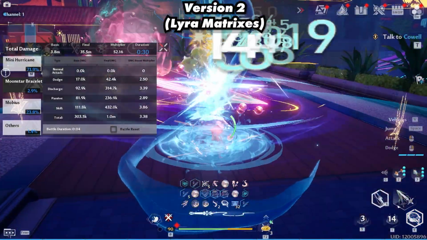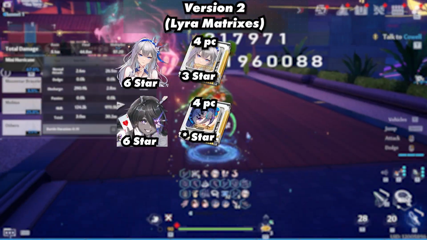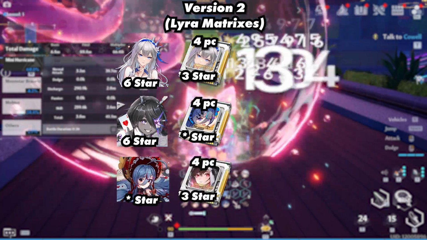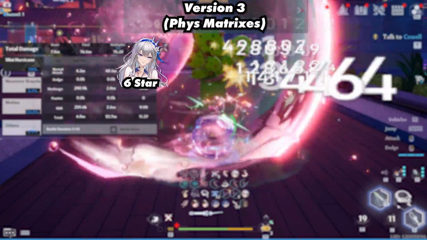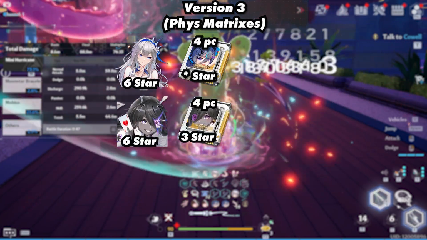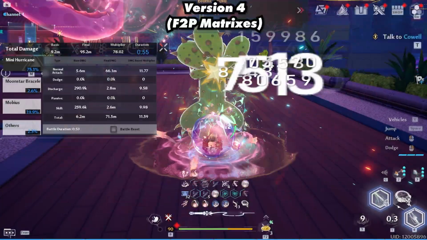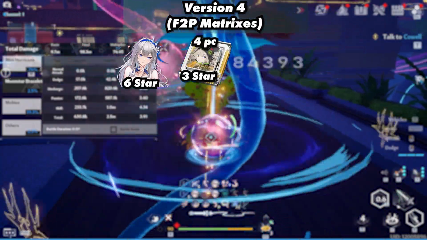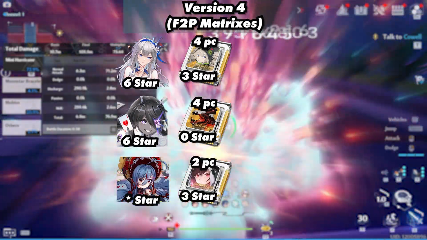For version 2, we use Lyra matrices, with Fiona using a 3-star 4-piece Fiona, Umi using a 0-star 4-piece Gnonno and a 3-star 4-piece Gnonno. And Gnonno used a 3-star 4-piece Lyra. For version 3, we use physical matrices. So Fiona used a 0-star 4-piece Gnonno, a 3-star 4-piece Gnonno, Umi used a 3-star 4-piece Umi, and Gnonno used a 3-star 4-piece Lyra. For version 4, we use free-to-play matrices. So Fiona used a 3-star 4-piece Shiro, Umi used a 0-star 4-piece Habuella, and Gnonno used a 3-star 2-piece Lyra,